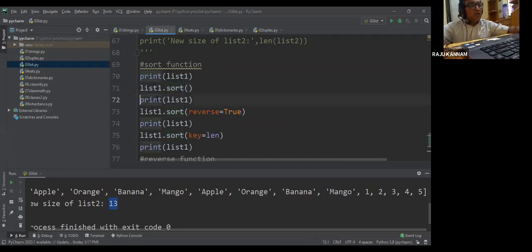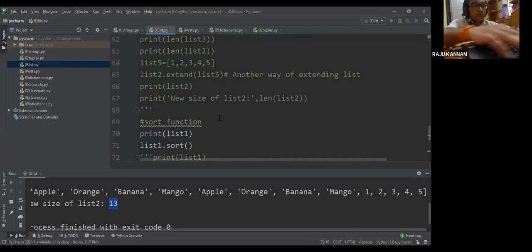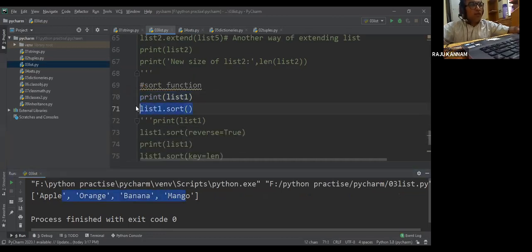Now if you execute this, see here, apple, orange, banana, mango. We have given list1.sort. That means the list1 elements are sorted and those values are updated in the same list.